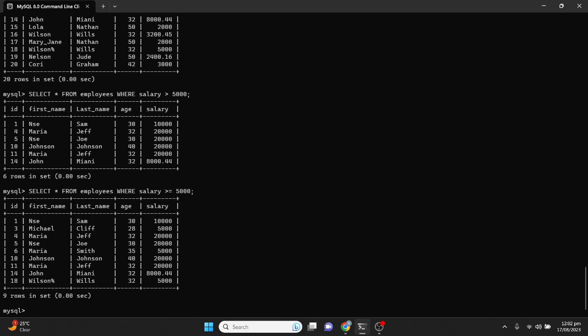Let's see another example, and in this case we want to select the first name from the employees table where the length of the name is greater than a certain value, for example 3. To do that, we are going to have select first name. That's the only column that we want to consider now. First name from